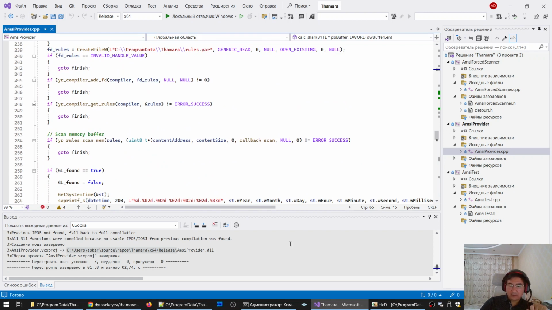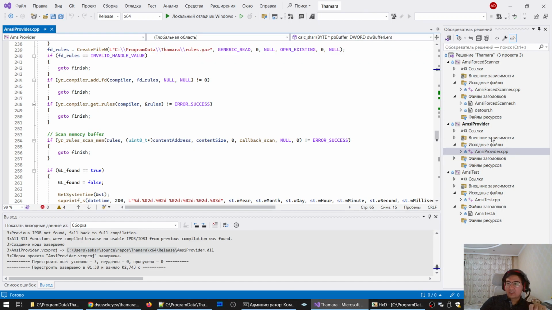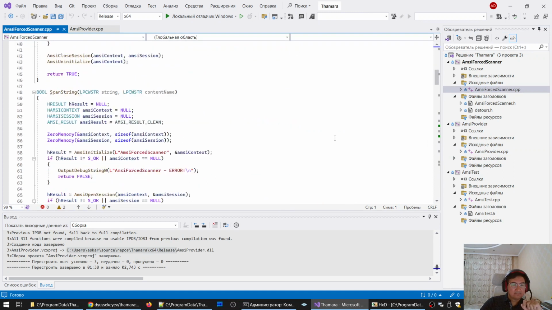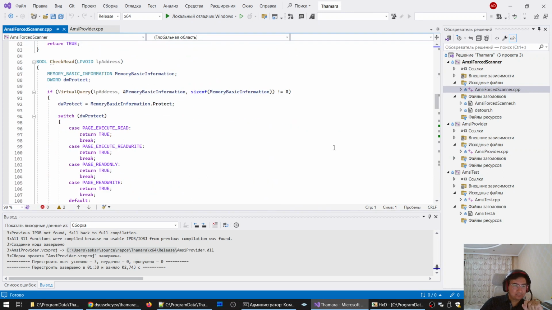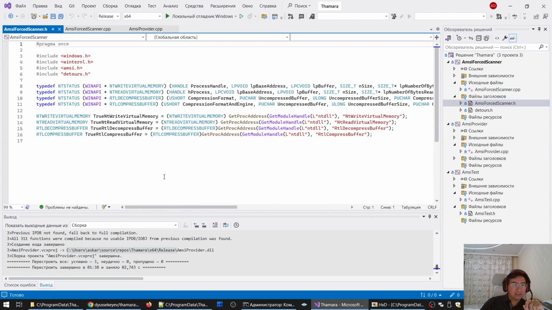So here we registered this DLL as an AMSI provider. The next important DLL is AMSI Forced Scanner. It is also a simple DLL. The most important thing is here